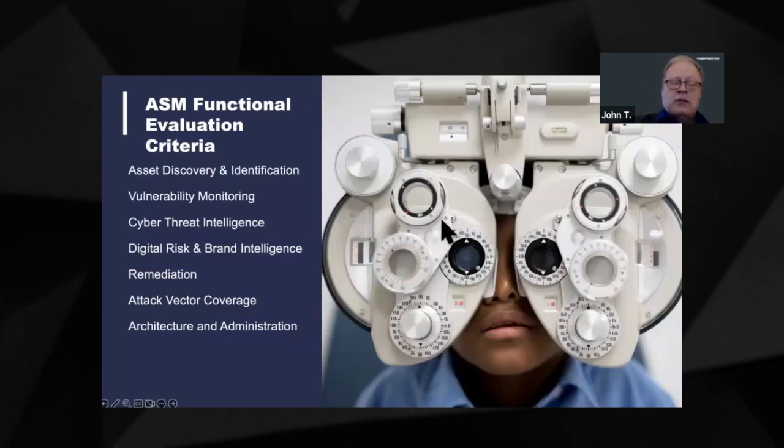So when we did our latest round of research on this, again, these are the functional evaluation criteria that we were looking at, and you'll see this kind of maps back to the main functions that we talked about at the beginning: asset discovery and classification, vulnerability assessment and monitoring, cyber threat intelligence. And that includes both having a threat research team or using multiple third-party CTI sources, the digital risk and brand intel, remediation, which again mostly is